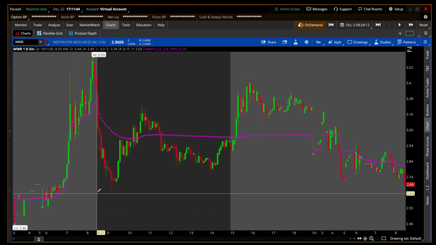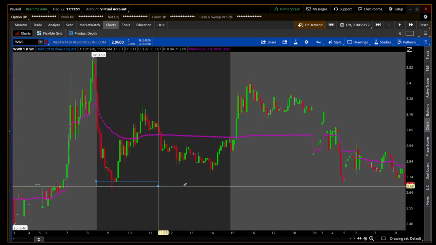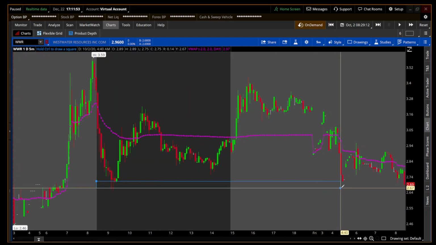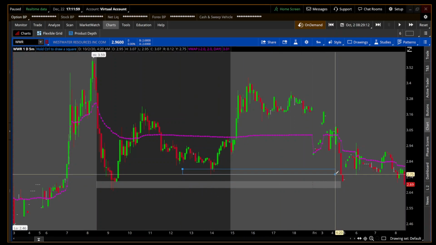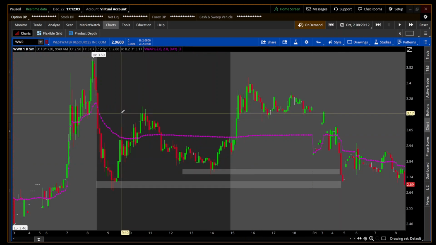But when they would come to draw the supply and demand zones, this would be a demand zone, and it'll be a turn in the actual stock, and you would wait for that stock to return to that level, and you would buy from there. Same situation right here. This would be another demand zone. This would be a zone of supply,